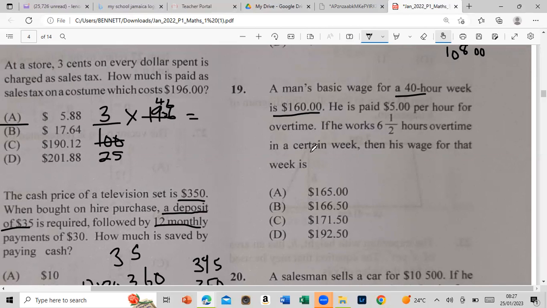We know this is a fixed amount, so we didn't have to work out the gross wage in terms of the regular. They gave us for the 40-hour week, which is 160. So we just need to figure out the overtime, which is 6.5